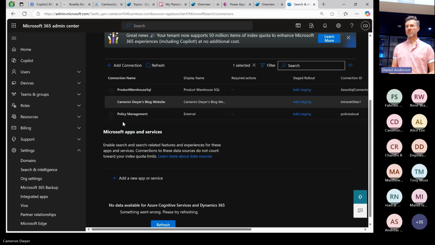But if it's data that doesn't change much at all, you might only set these things to recrawl every week or something like that. In which case, as long as users are okay with the data being out of date by at least that much, then graph connectors could still work for you.